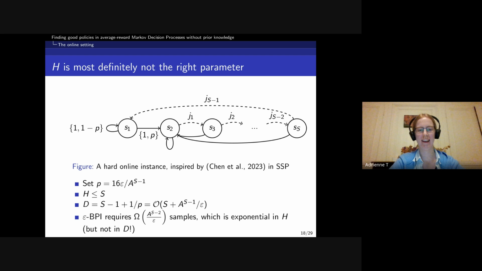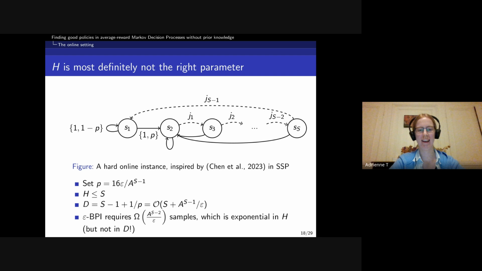There's one state, state S1, in which with high probability, you'll just loop with a reward of 1. And so it's a good state. However, with a small probability p, it will lead you to S2, which is a trap state. When you arrive in state S2, your only solution is to take a very precise sequence of actions, J1, J2, etc., up to J(S-1), to get back to S1. All the time you get no rewards at all. And if you do just one mistake, then you go back to state S2 to try the sequence again